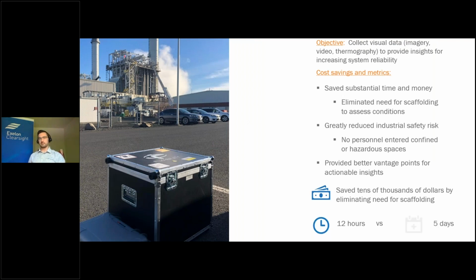So, we've done various HRSG, or heat recovery steam generating station, inspections, but this one's noteworthy for us because we did the entire system front to back. This HRSG unit was in California. We were tasked with collection of data all throughout the gas path, the economizer section, the basements, and the stacks as well. And we were tasked with looking at support structures, the injection nozzles, and also the longitudinal and circumferential